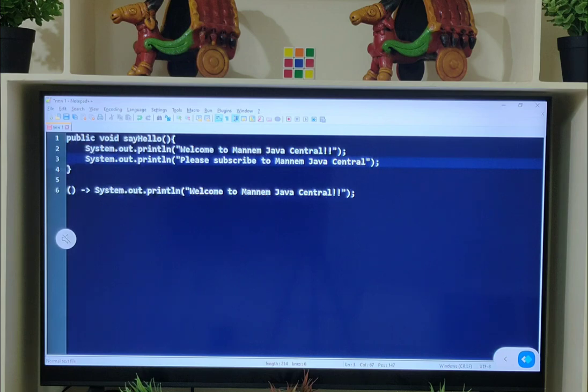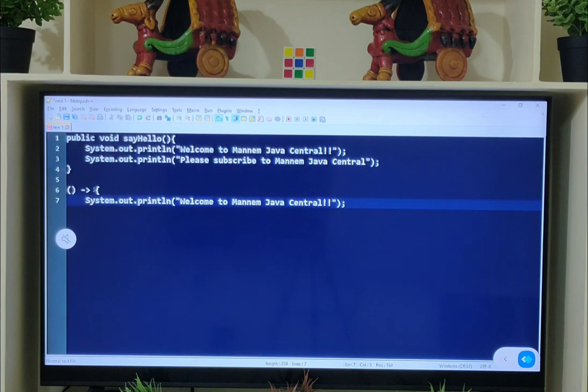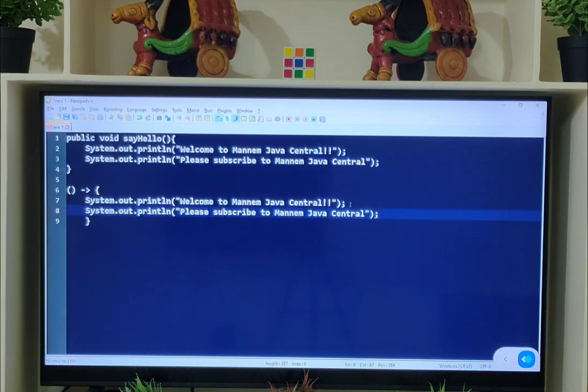So if we want to convert this sayHello function into a lambda expression, we have two statements, and those two statements I need to surround with curly braces. So write one more statement here. Include here. That's it. It's completed.